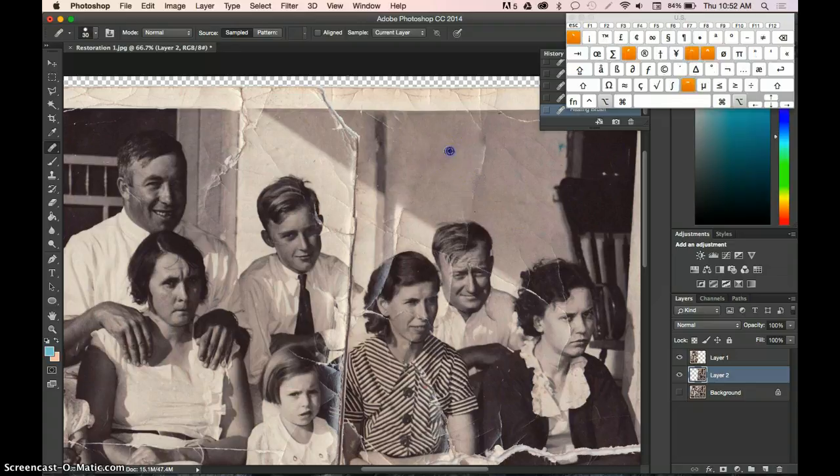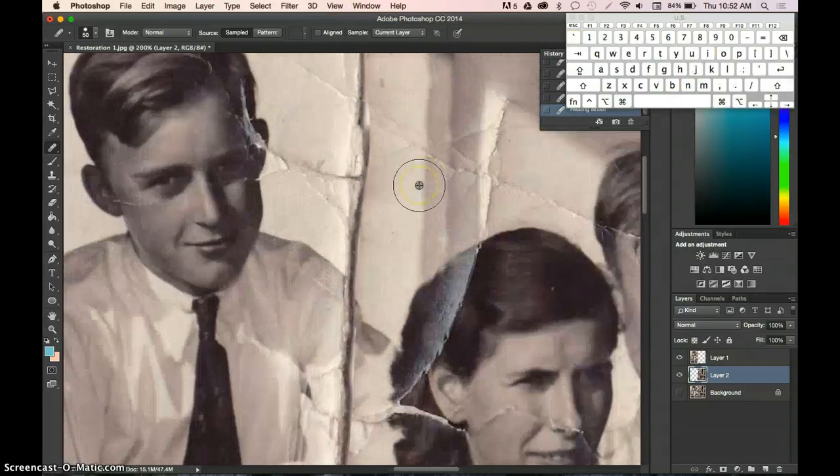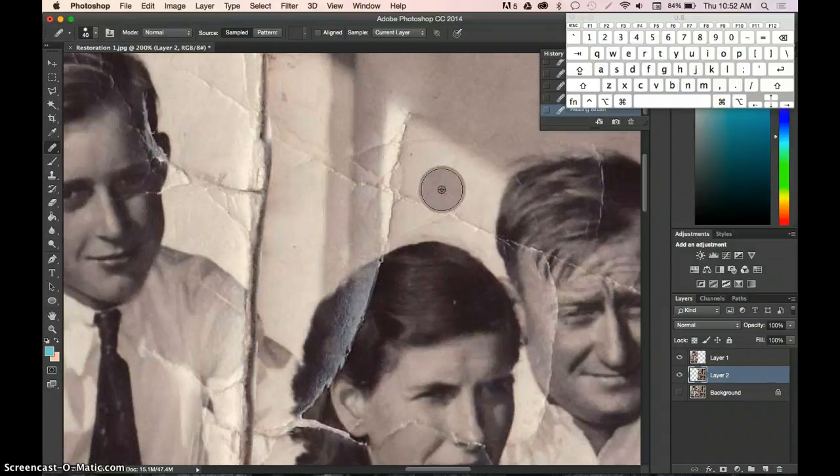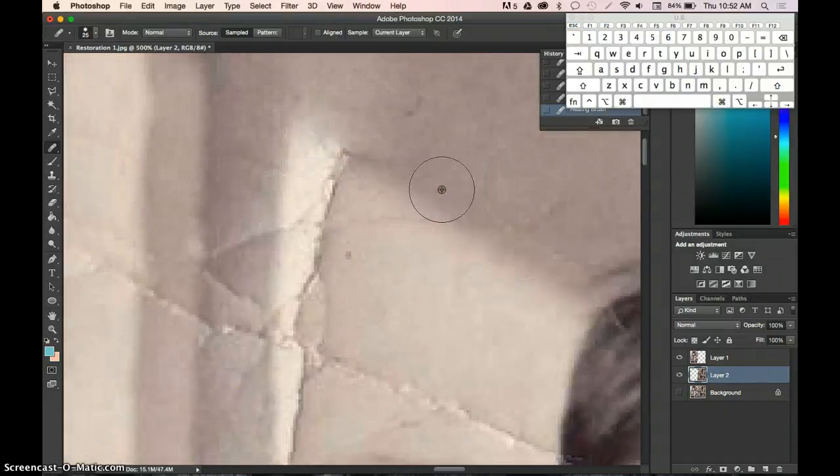Perfect. I mean, it's a simple task. It should be. It's also really fun because the idea is to make it look like a brand new photograph, like it was just shot. And so pay attention to detail, because that's mostly what you'll be graded on in this assignment, is your attention to detail. And so zoom in, see where these creases are. I mean, even this one here is important. Make sure that your